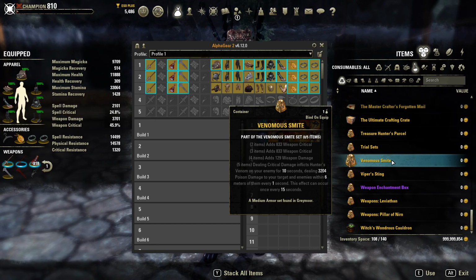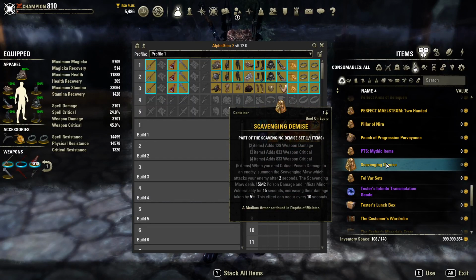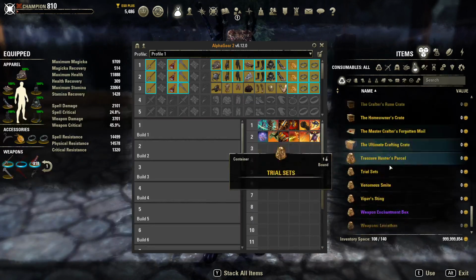Now, in terms of other proc sets that might be a little bit easier to get, Venomous Smite, you're either going to have to grind for it or buy it. It's not super expensive, but if you want to just grind dungeons, some other possibly good sets are Scavenging Demise. The difference about this one is it will apply minor vulnerability. So if you don't have a warden in your group that is able to apply this easily, this could be a great set to help buff your team up. And Viper's Sting is the fungal...